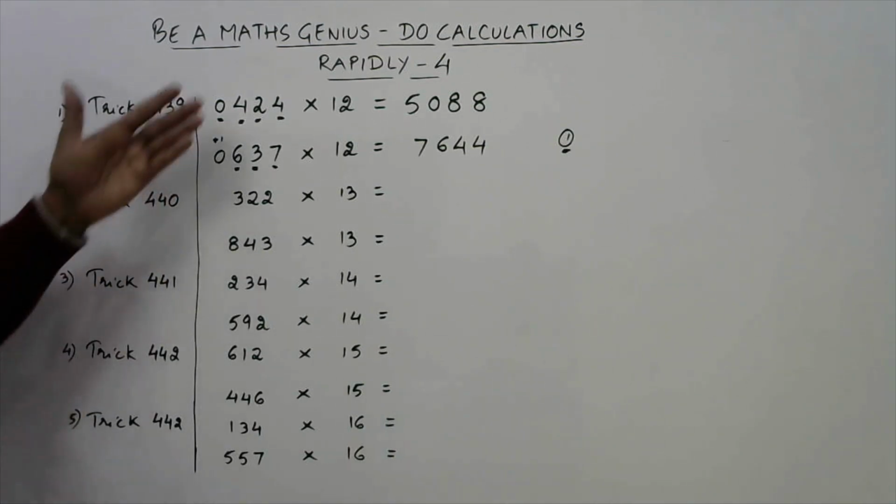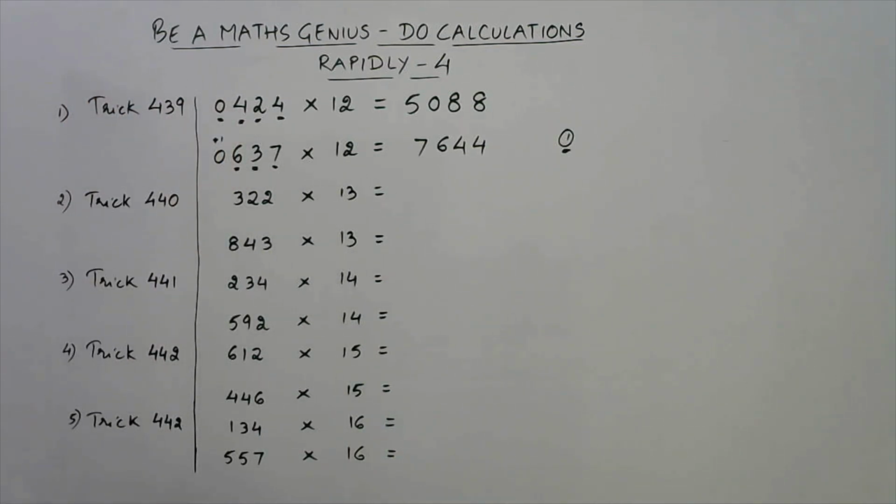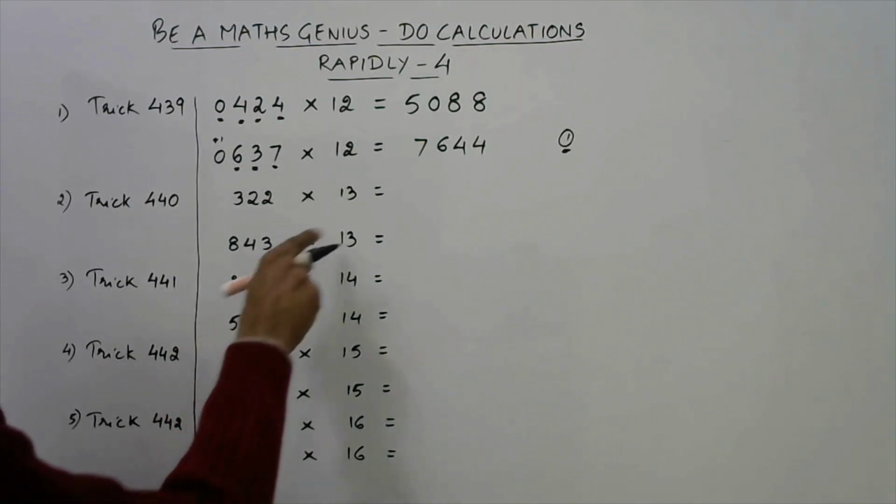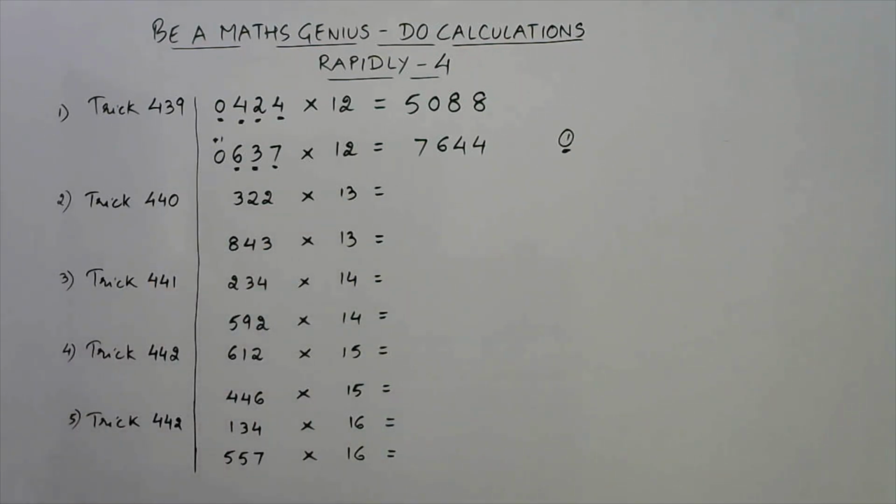Now you can practice this method and multiply 4-digit, 5-digit numbers by 12 in a single step using this amazing method. Now all these tricks were actually the extrapolation of this method. Let's apply this method to multiply any number by 13. Now for multiplying by 13, you don't need to multiply by 13, you just have to multiply by 3,